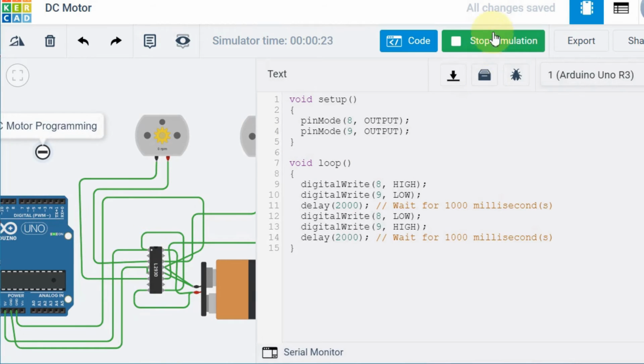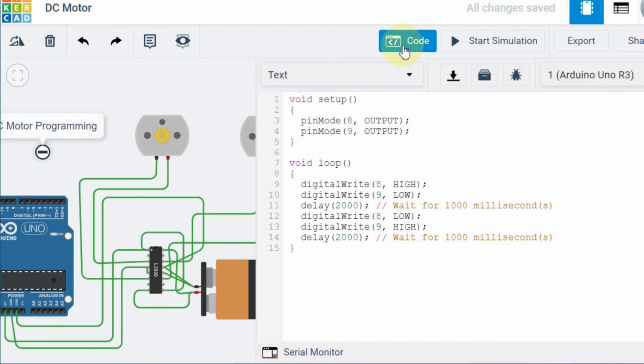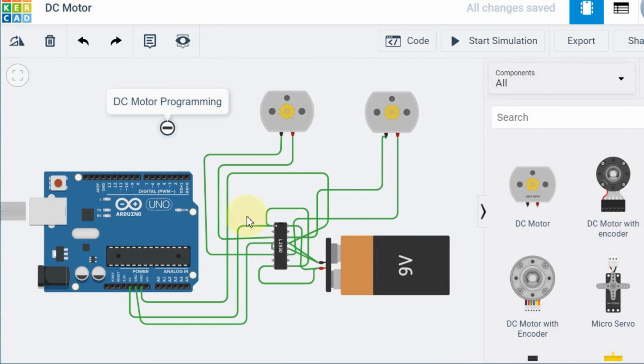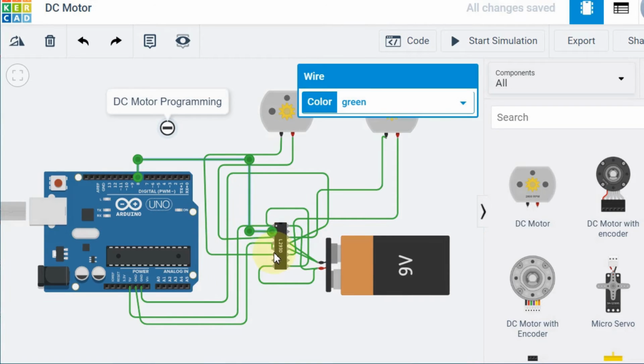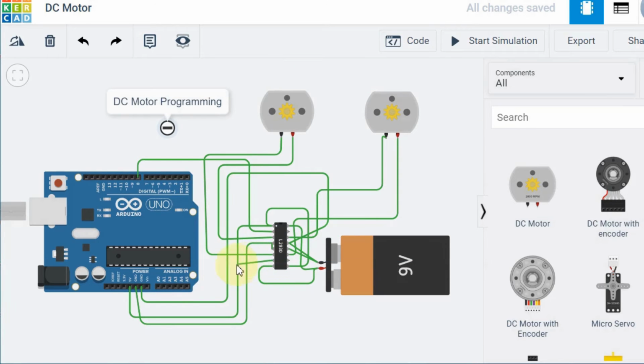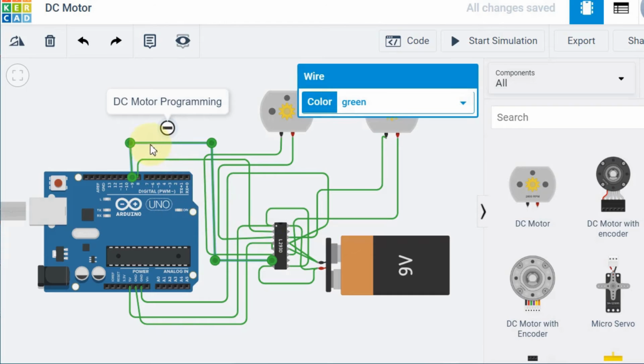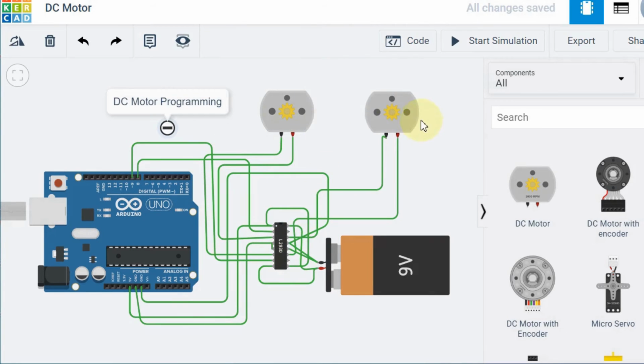So I'm going to stop the simulation, hide the code, and connect pin number 8 to input 1, and from input 2 to pin number 9. Now I have connected the inputs for the 2 pins. I want to check the simulation now.